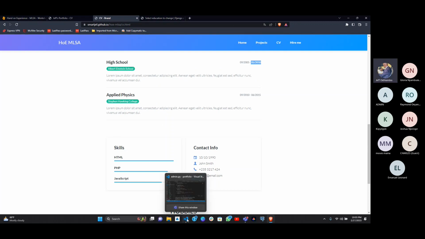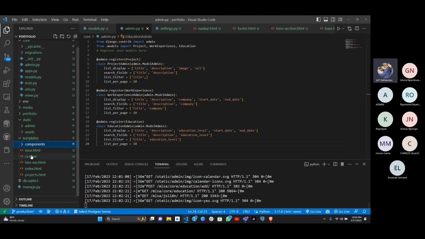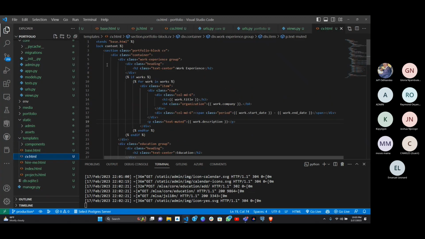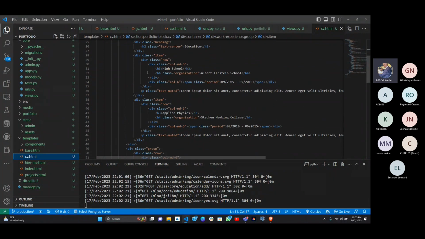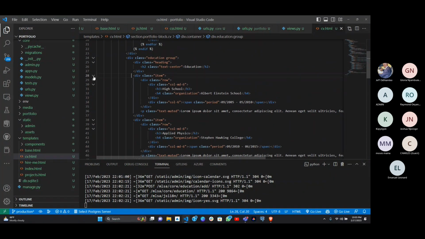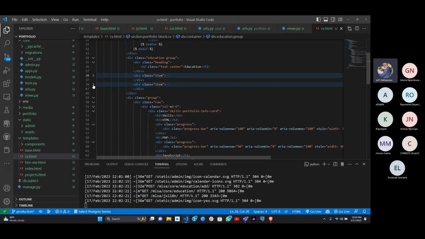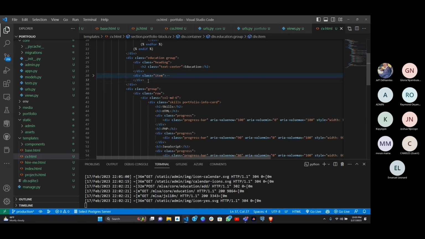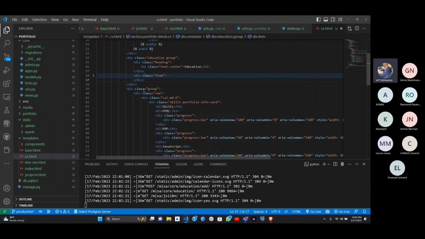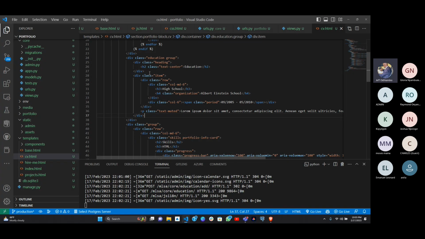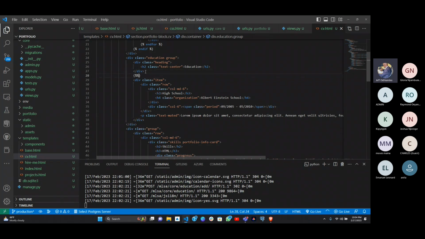Okay, so let me go back. We go to the HTML, where we have our CV, and there's the education. We are adding this item, the first one, which is the high school, applied physics. So we are only having two. We are going to style this one. So we are saying if this education, if education,